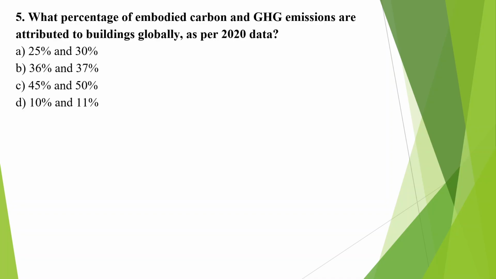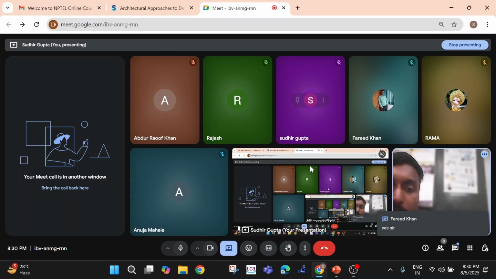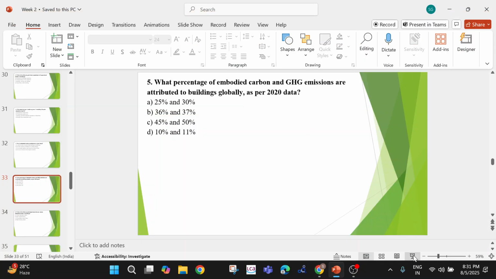So from here onwards, you can see option A is not at all near the previous question that we have discussed. It was nearby 37%. But option A that you have opted is 25%, 30%, and other options 10%, 11%, 45%. These are not the appropriate answers. So approximately the most suitable option is option B. Is it fine now? If it is fine, Farid, then we can move to the next question. Okay, thank you for your reply. So let's move to the next question then.